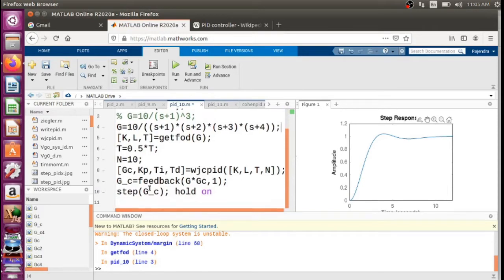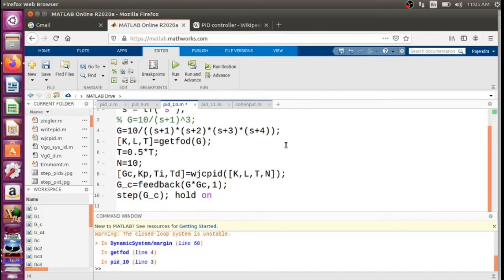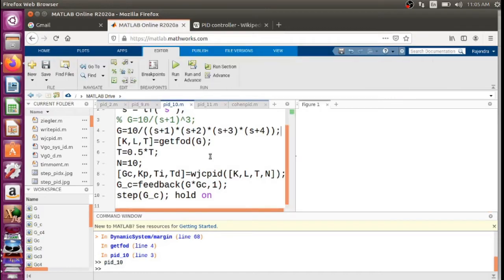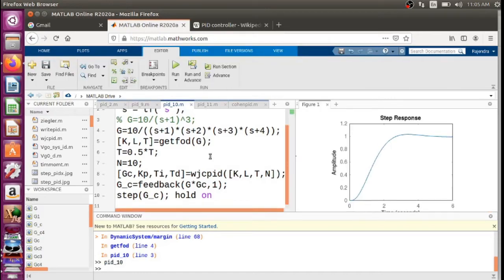We'll remove this and rerun the program. Okay, so we got such a type of response with this particular Wang function.